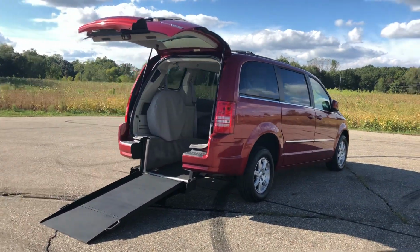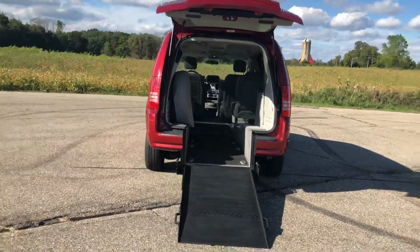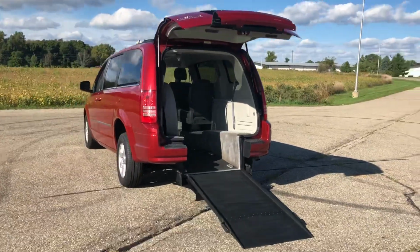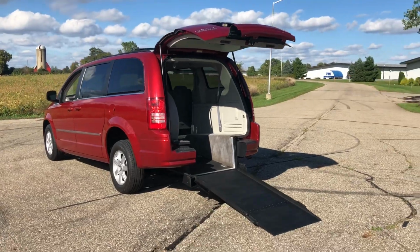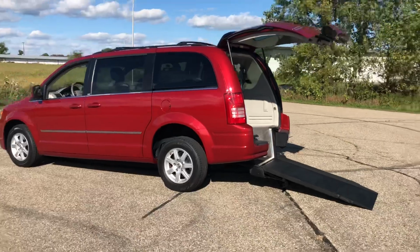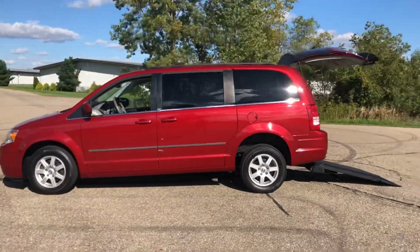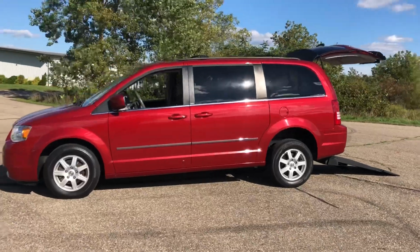If you're interested in this vehicle, give us a call at 1-800-625-6335. We've got a huge selection of vehicles. This is one of our lower priced ones. We've got a price of $19,995 on this one online. And they range all the way up to $70,000, $80,000 when you get into the Suburbans and the Sierras and